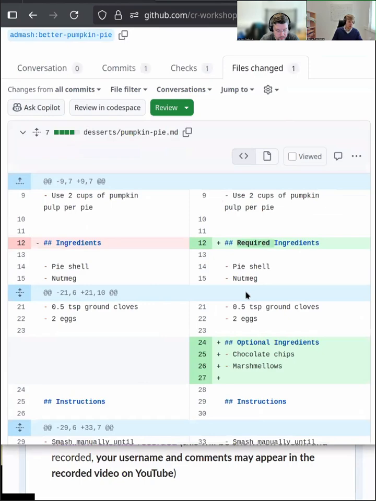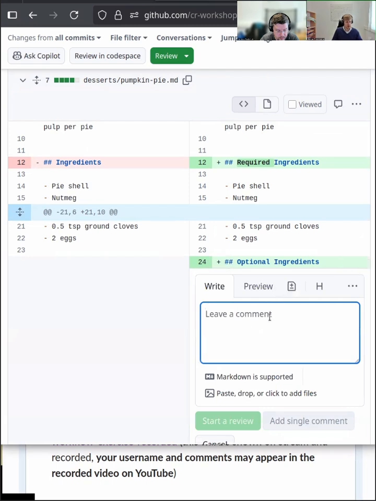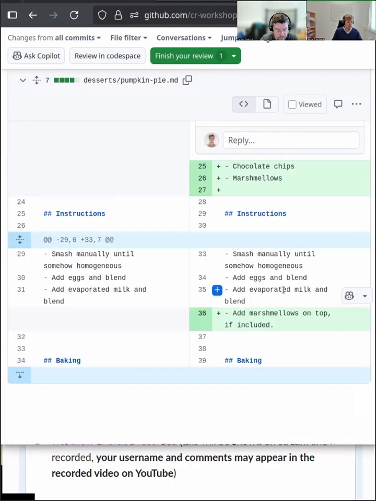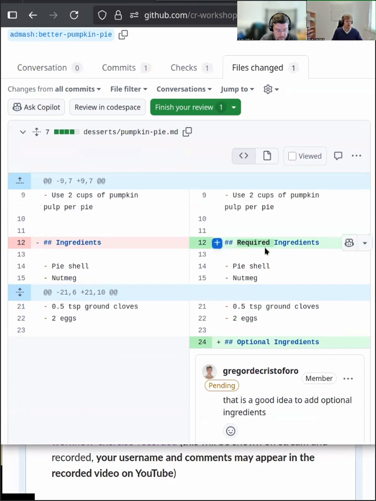So we see here there are 3 changes to this file. We have optional ingredients. So again, can comment. No ingredients. So start to review. Let's see. Okay, we add this. This looks also good. And then here, okay, I might spot what the problem is. The problem is that our test script requires there to be an ingredient section and not required ingredients. So this is now something that I can suggest to change.